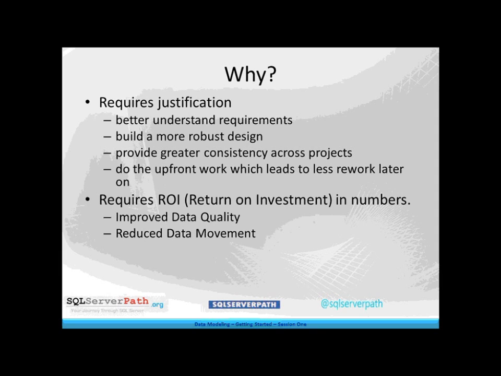Reduced data movement. I see a lot of people, when they distribute the data, if they have a data model, it is easy for them to plan their distribution. So how are they going to distribute the data across their product, across their solutions. Of course, reduced maintenance. This is the main thing that I am targeting in terms of data model, because